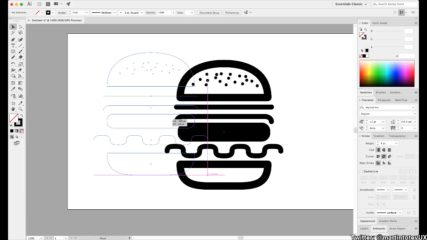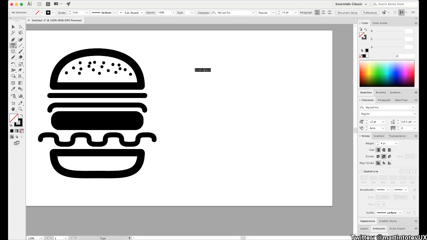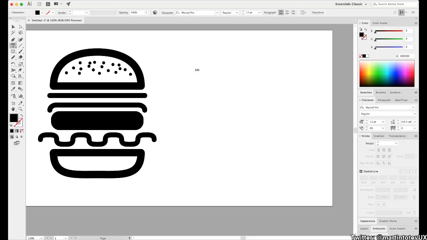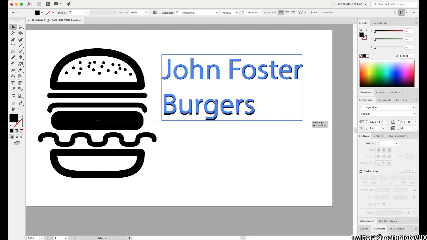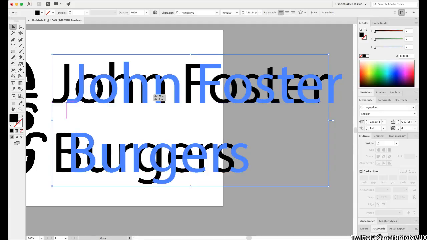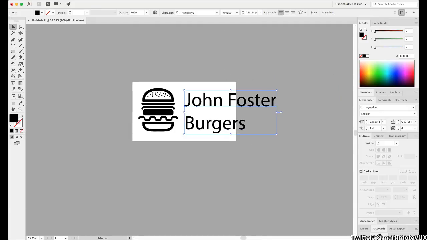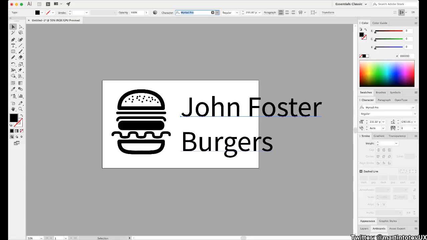And on the side, what are we gonna do on the side? Let's put, how should we call this? John Foster Burgers. John Foster Burgers, and let me select the font. It's very